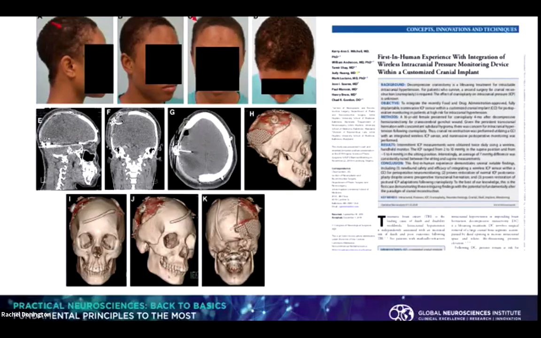So mom doesn't have to guess anymore when he has a headache, when he's not feeling well. Is he nauseous? Is it because he has the flu, or is it because the pressure in his head's increased again? And for any mother or father or parent or patient out there who has to live with this, you understand how this is a game changer.